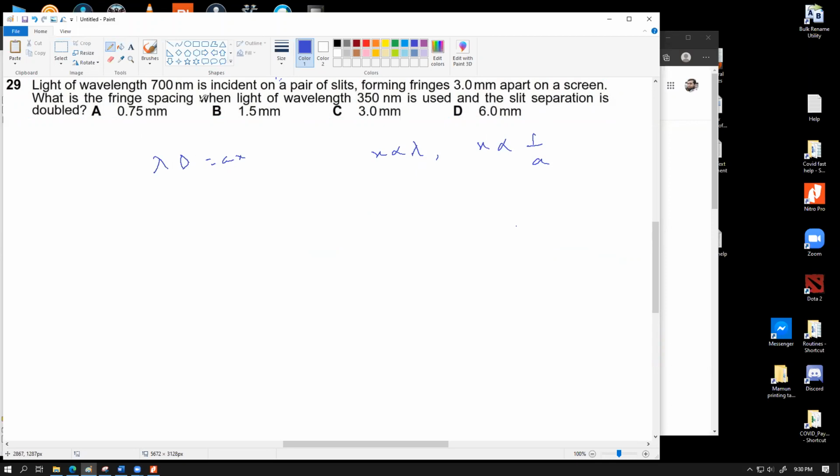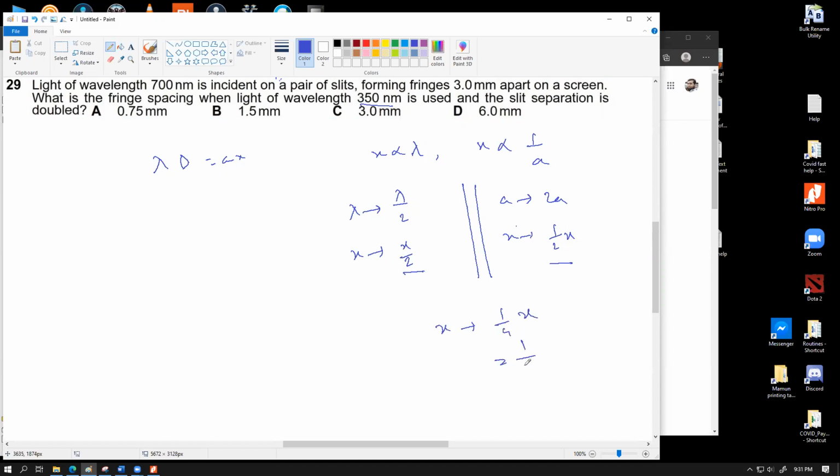আমি d টা লিখি স্যার? নাই, কারণ এখানে d টা আমার ভ্যারিয়েবল হিসেবে নাই। সো আমি 700 থেকে চেঞ্জ করে 350 করছি। সো when lambda becomes lambda by 2, x should also become x by 2, তার মানে এখান থেকে একটা চেঞ্জ ফ্যাক্টর পাইলাম হাফ। Similarly, when the slit separation is doubled, x এর সাথে slit separation is inverse, so when a becomes 2a, x should become half x, because এটার সাথে inverse proportionality, তাহলে slit separation ডাবল হলে x হাফ হবে। তো দুইটা ফ্যাক্টর মিলে টোটাল চেঞ্জ কত পেলাম? এখানে পেলাম হাফ, এখান থেকে পেলাম হাফ, তার মানে আলটিমেটলি আমাদের এক্সটা হয়ে যাবে 1/4 অফ অরিজিনাল